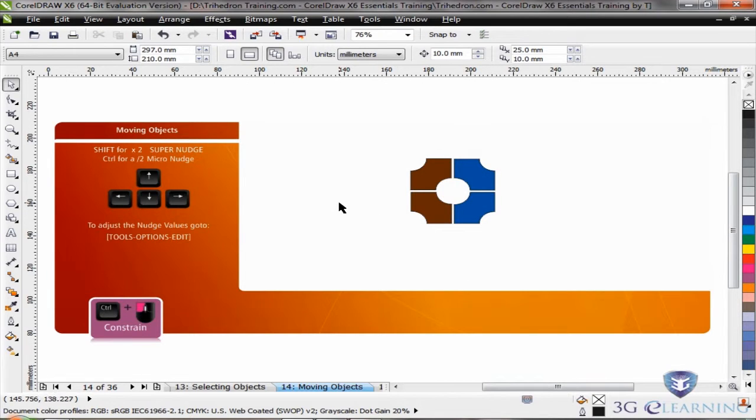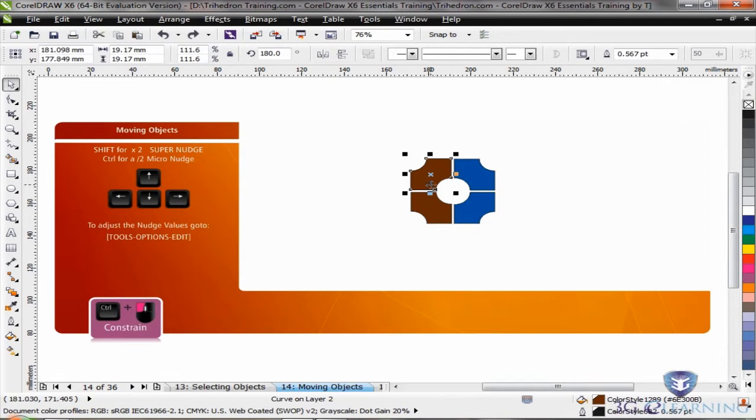It's very handy. The last thing I want to show you is constrain. I use this the most, almost every 4th or 5th click of my mouse. What it does is, if I put my finger on that object, then I move around,